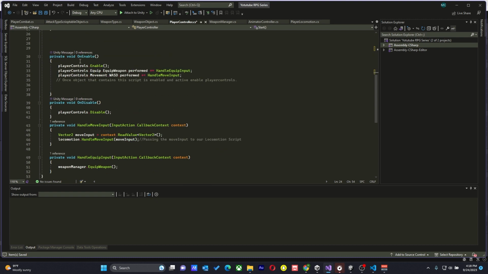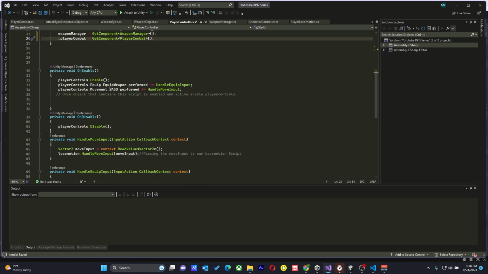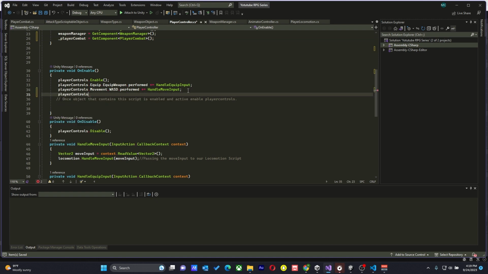Now, inside of our on enable, where we're enabling our inputs, we're going to say player controls dot combat dot sword combo attack plus equal to handle combat